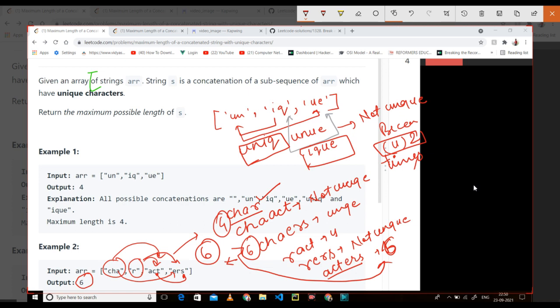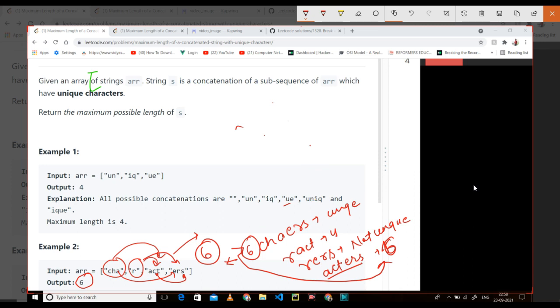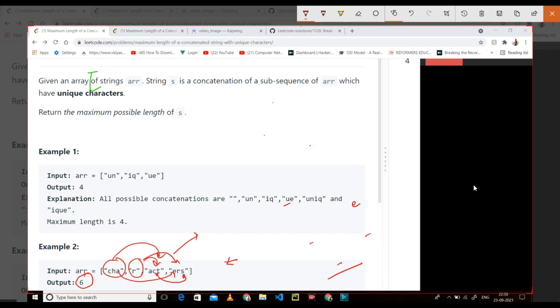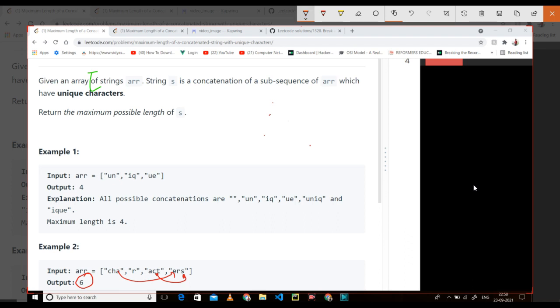So how will we do it? We are going to use a set. Set is a data structure that does not contain duplicates, so we need to use it. First I will make you understand the direction we are going in.